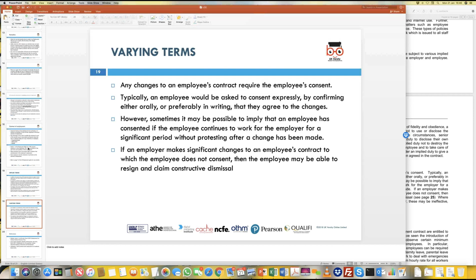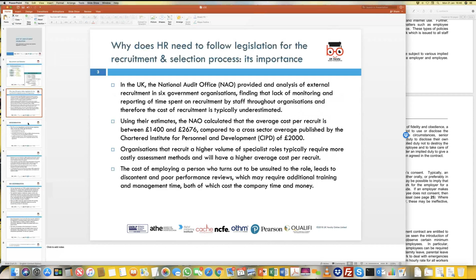Is that okay? Yes. Now, let's go back to the main topic we were discussing, the process of recruitment and selection and why this is cost sensitive. Now, we know that every company, when they recruit employees, either by advert, e-recruitment or referral, whatever it is, they spend money. There is a lot of money which is also spent on training and development to make sure that the employee is able to work optimally to the level to which the jobs, roles, and responsibilities can be fulfilled.